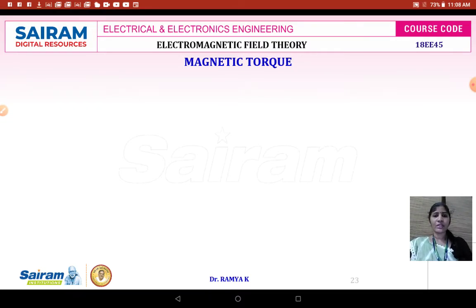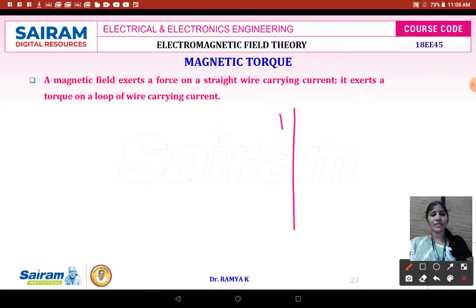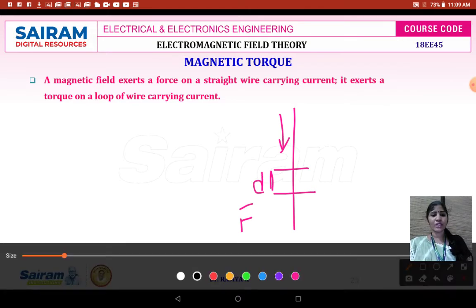Magnetic torque is defined as follows. A magnetic field exerts a force. When you consider a wire and pass a current through the coil, and assume a differential current element, a force is going to be exerted on this differential current element, and the force equation is given as